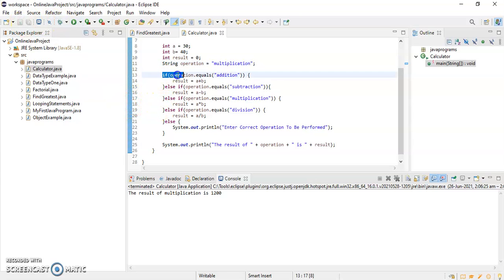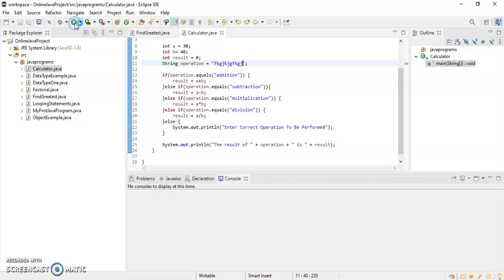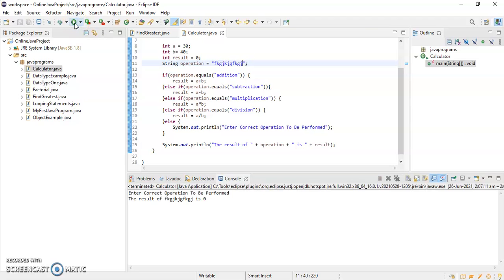First it will check this statement, then here, then here, and at last here. If I give some random value here and run this, it will say enter correct operation to be performed, and by default the value will show as 0, right? So same thing, how can I write it in switch case?